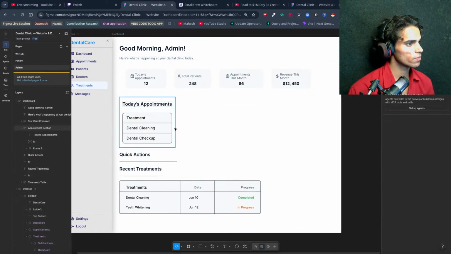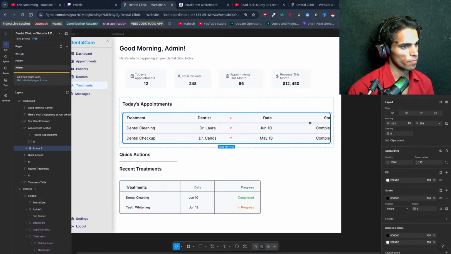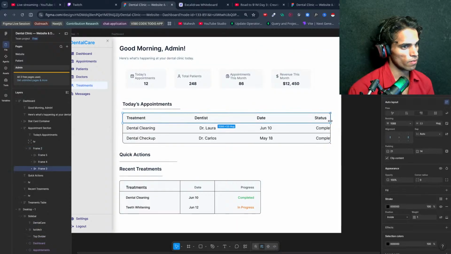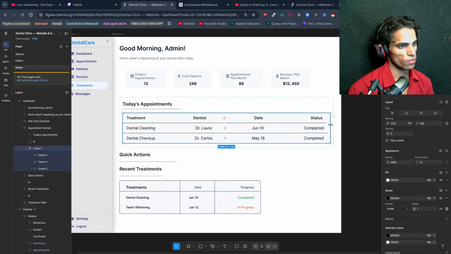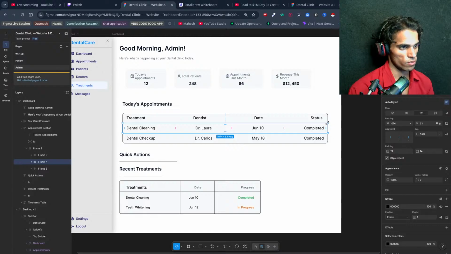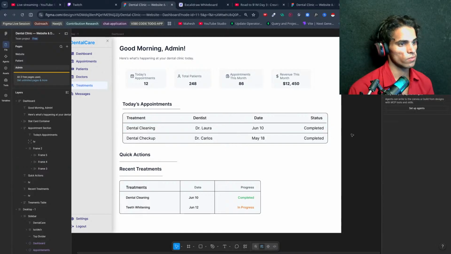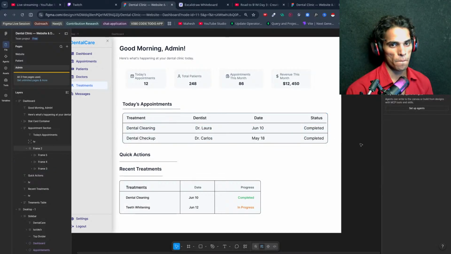Let's remove this, and the today's appointment will be like this. Yeah, so inside this appointment we will have patient, and then doctor.